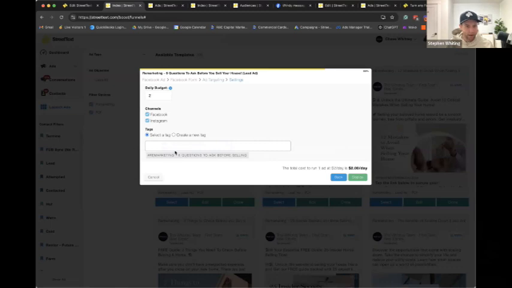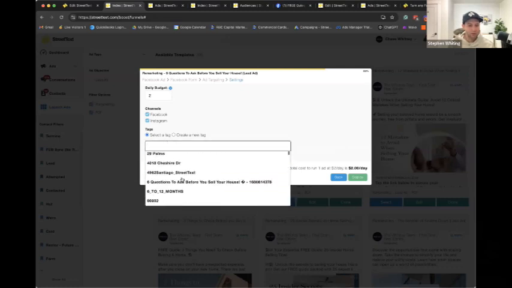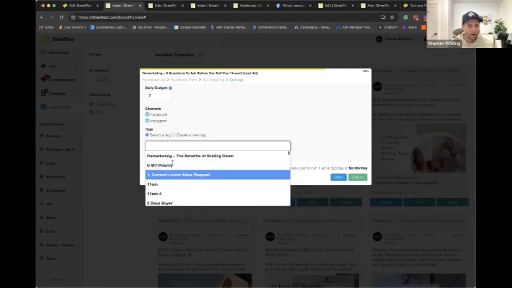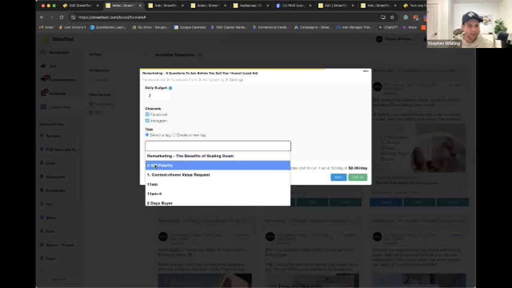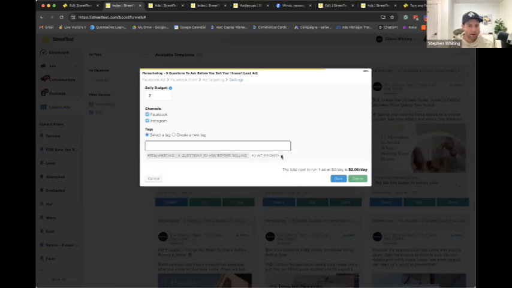If I wanted to, I could also add some additional tags. So if you want to make sure that when your leads get sent to your CRM, you're including some more tags that are specific to this. We are already including this one though. So this tag will automatically be fired for your remarketing, 6 questions to ask before selling. So it's a pretty good one. It's there. But if you wanted to add some additional ones that you've created in the past, you could either create a new one or maybe this is a priority one, you could add those here as well. And then you hit deploy and that is it.